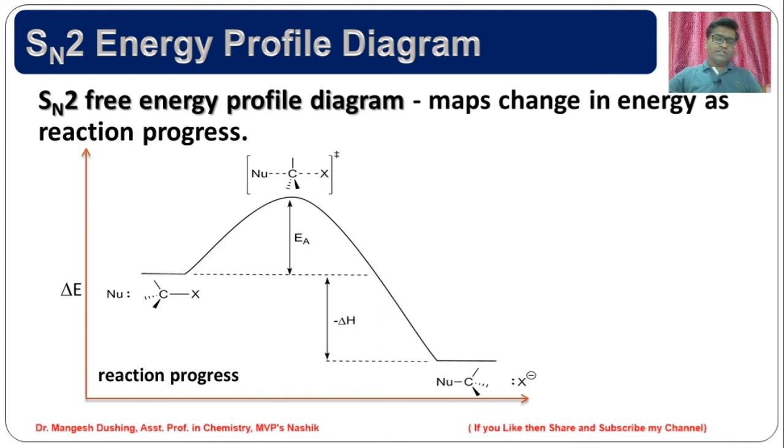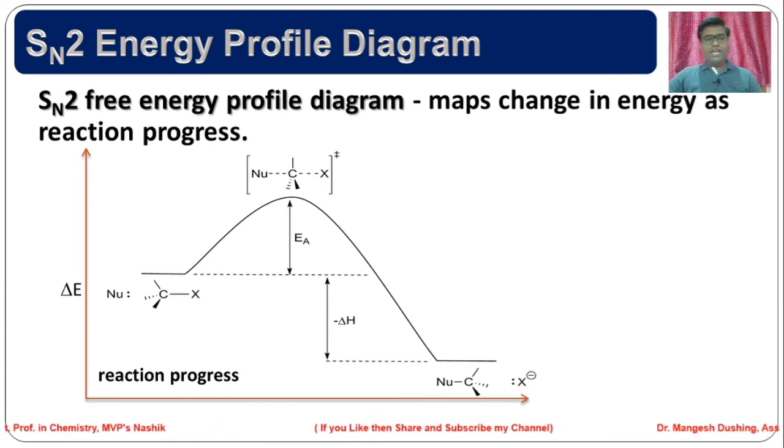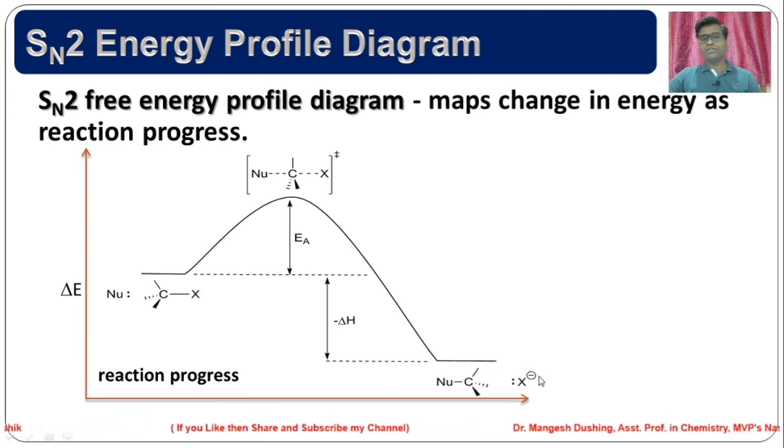So this is the starting material. At the starting point, there is a nucleophile as well as the starting material. As soon as the nucleophile attacks this carbon, energy rises. At the maximum energy level, the species we get is a short-lived, higher energy species, that is the transition state. In the transition state, the nucleophile forms a partial bond with this carbon, while the partial C-X bond breaks. Again, the transition state breaks down into the product, so energy goes lower. At the end we get the product as well as the byproduct, as the leaving group leaves.